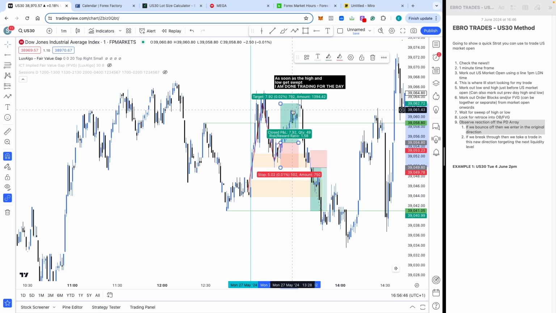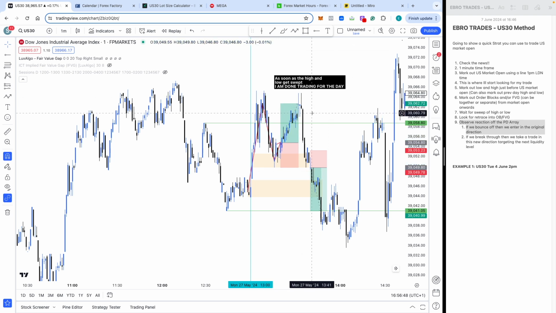1.5 RR is your first TP. You would have taken a W, partial profits. We're now waiting to sweep the sell side. As soon as we come back